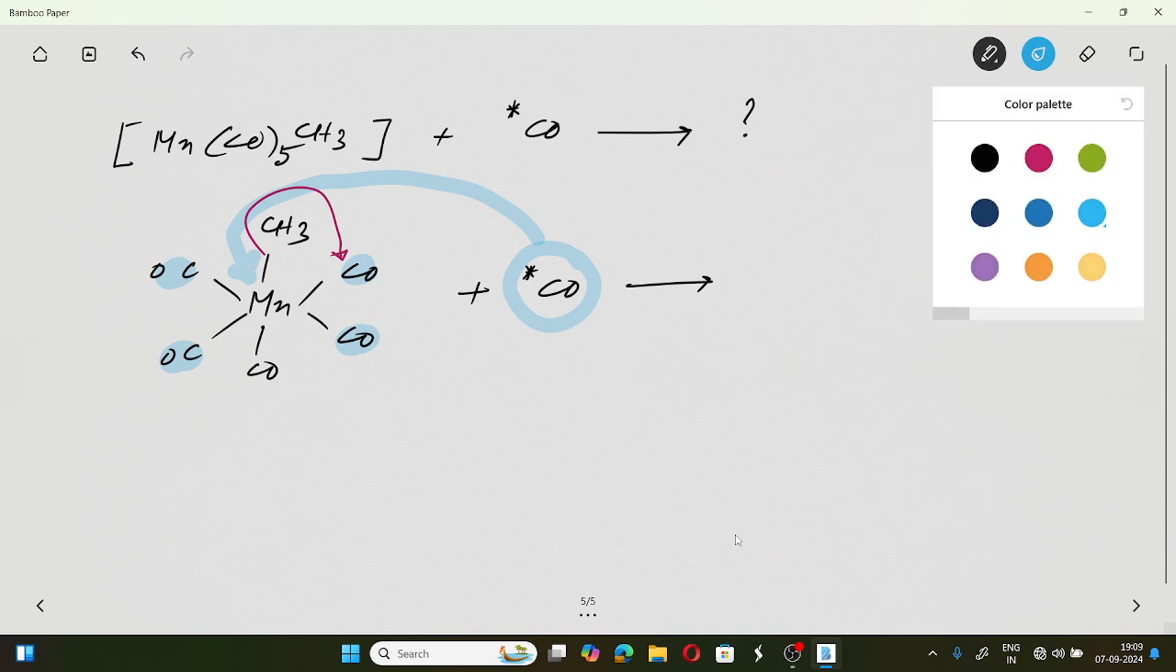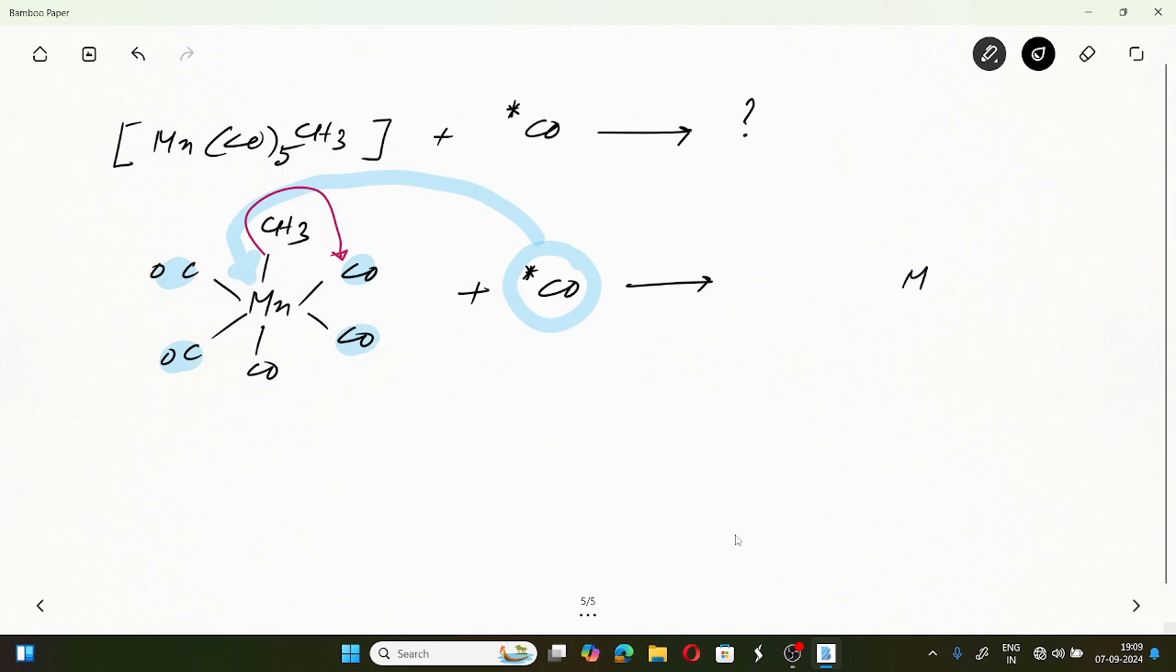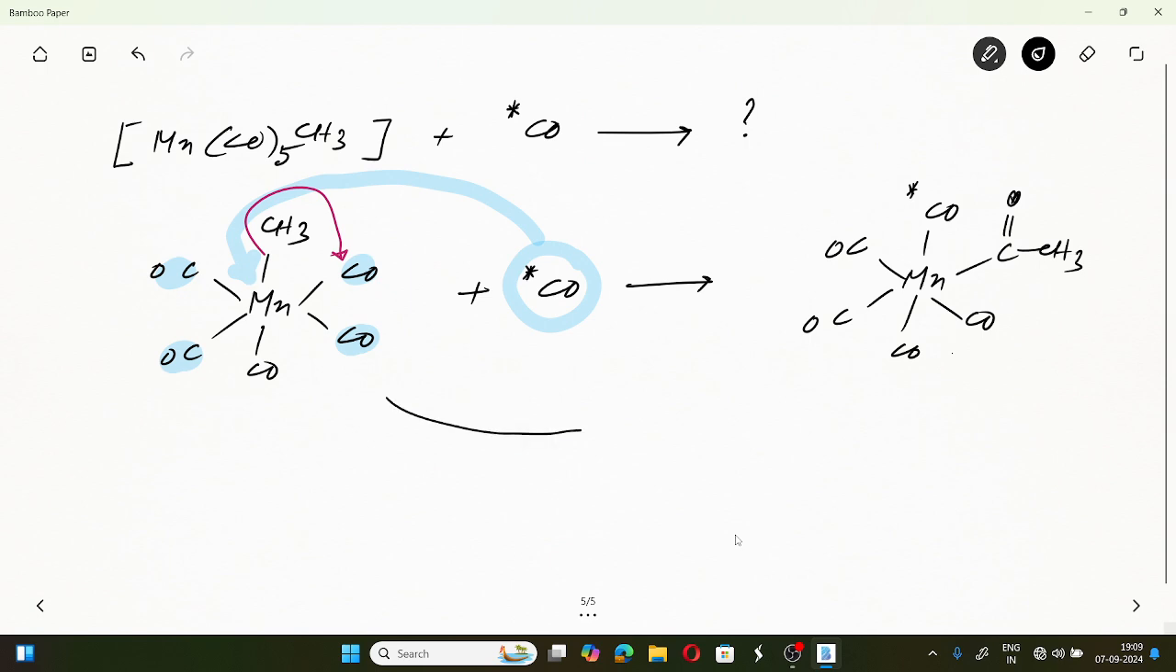So what happens? This MnCO CH3 এইখানে isotopically labeled carbon monoxide. So isotopically labeled carbon monoxide is linked to the metal center. So এই ধরনের রিঅ্যাকশন হচ্ছে, দেখো মাইগ্রেটরি ইনসারশন হচ্ছে. Now in a similar way, if this is treated with